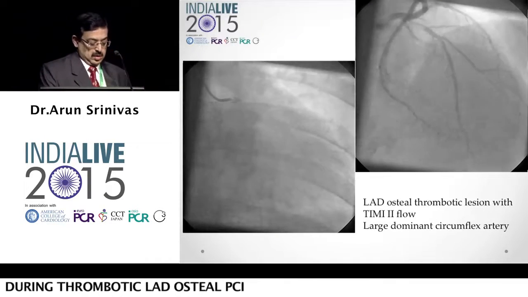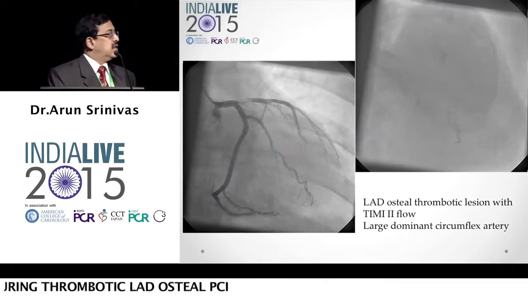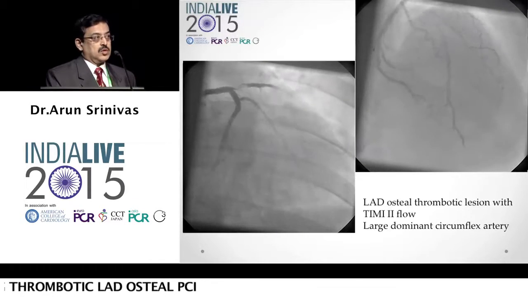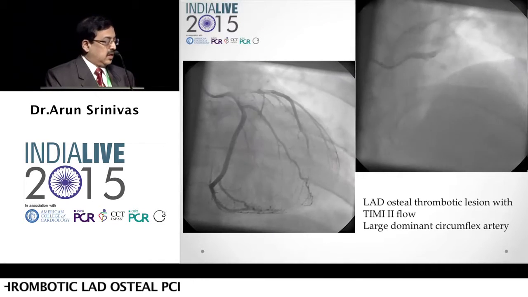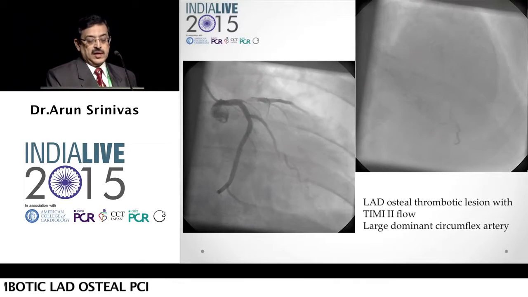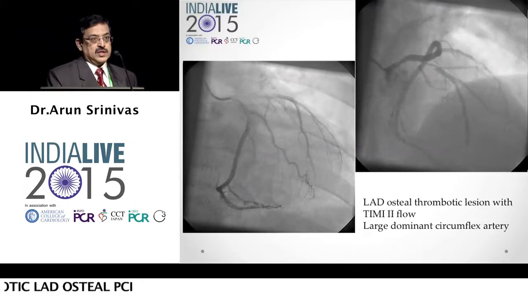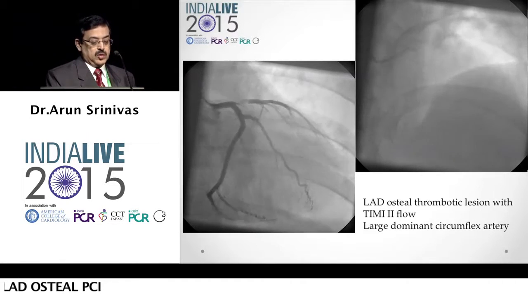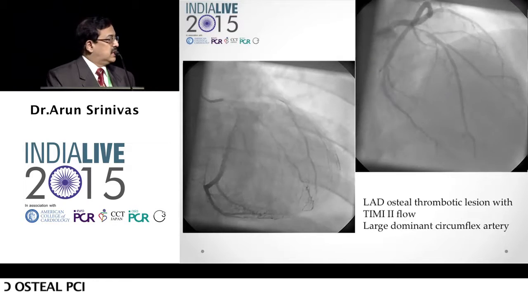Now, the problems with this sort of case, as we see regularly, especially if it's a total occlusion in the osteal-LAD artery, a few things that we had adverse events is basically a thrombus migration into the circumflex artery in a few cases. So in such cases, what we do as a routine now is,